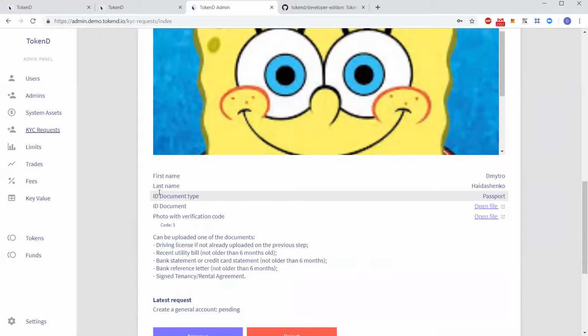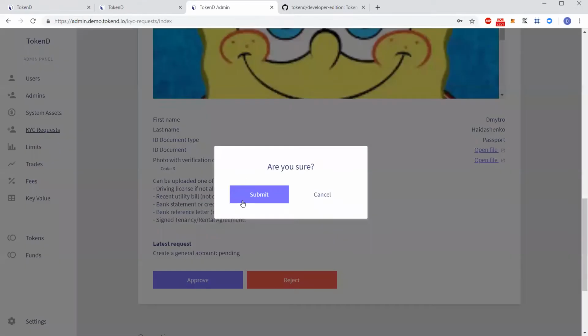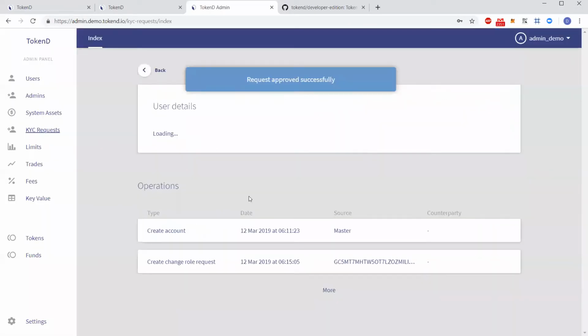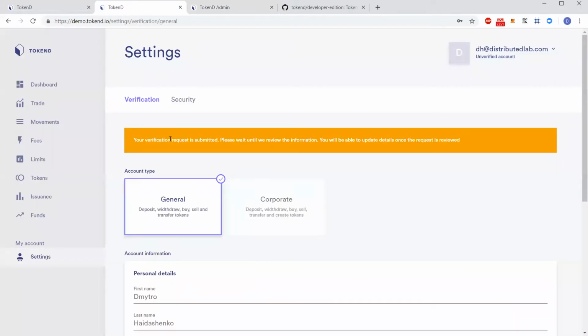It is stored in the identity storage, and so it is possible to be GDPR compliant. So no issues with that. So let's approve my account. And now we are approved, and let's switch back to